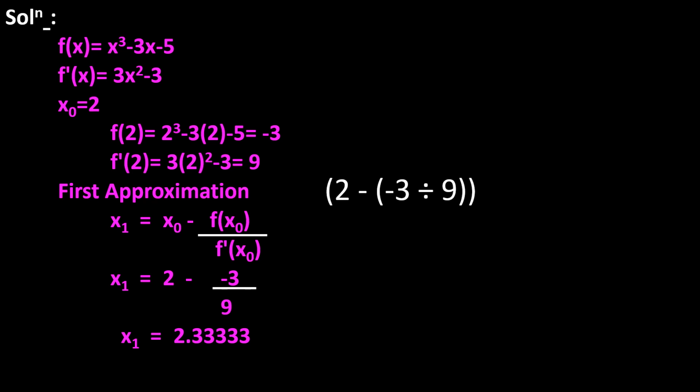While solving, as I told, we will find the root by considering 4 significant digits after the decimal point. So rounding this off to 4 digits after the decimal point, it will be equal to 2.3333, because the truncating digit, which is 3, is less than 5. Therefore no need of changing the previous digit. Therefore x1 is equal to 2.3333. This is the first approximation.